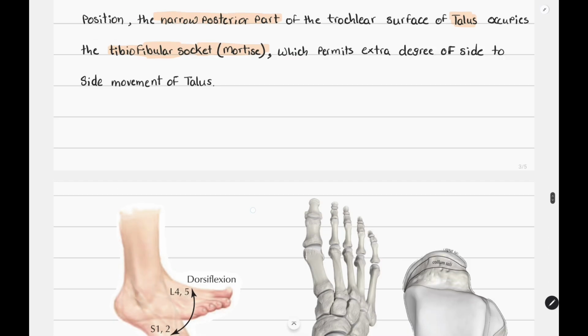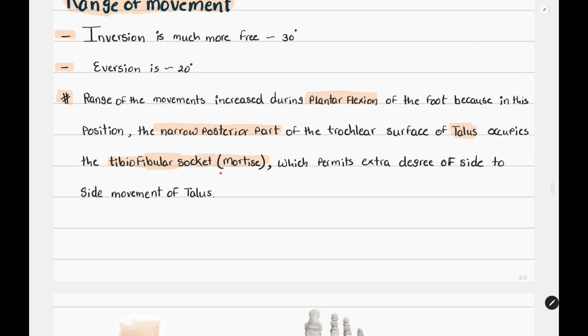So mortise is a void that is created and a second part goes into the void. So here the tibiofibular socket is made